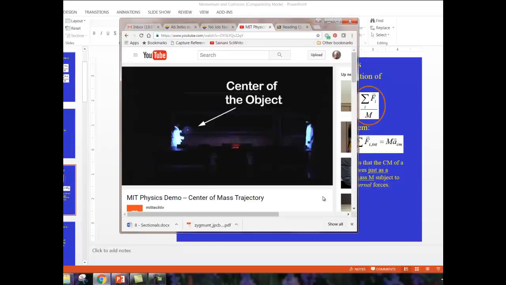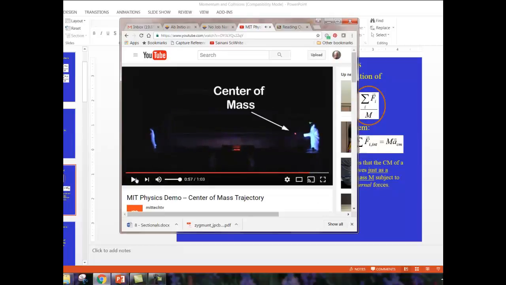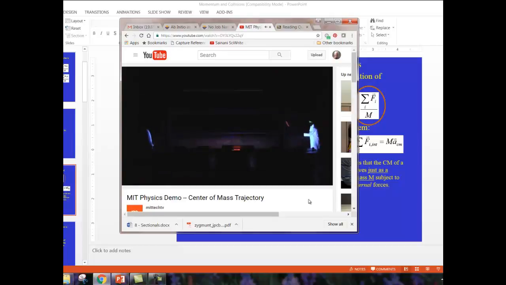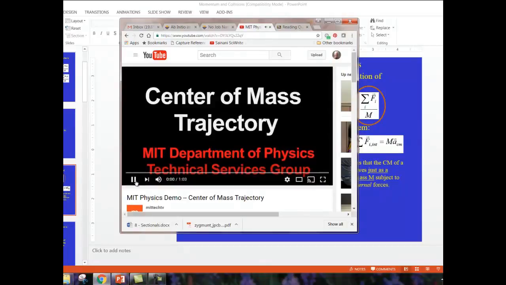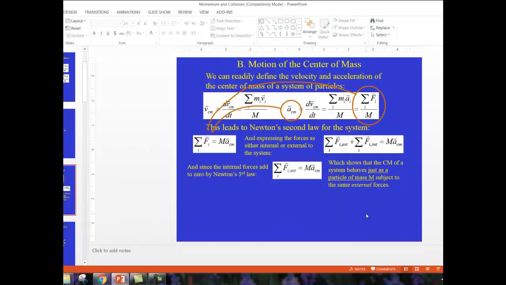Here's also an interesting case because the fellow on the left is going to throw that wheel where the center of the object was painted. Okay, and you could see that that dot was wobbling because the object's center was not exactly the center of mass of the system. Now the fellow on the right is going to throw it back to the left where the center of mass has been indicated with a dot. So all of that just to show once again that this equation here